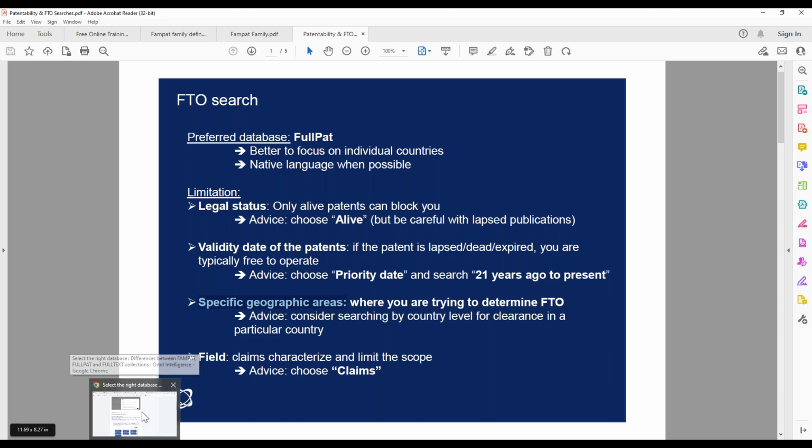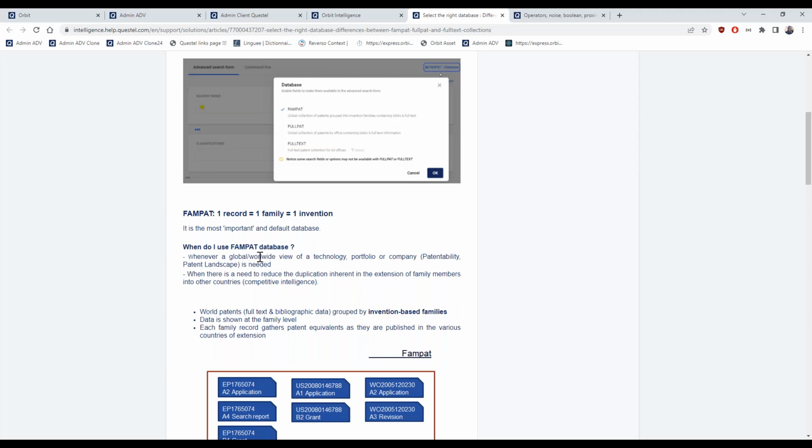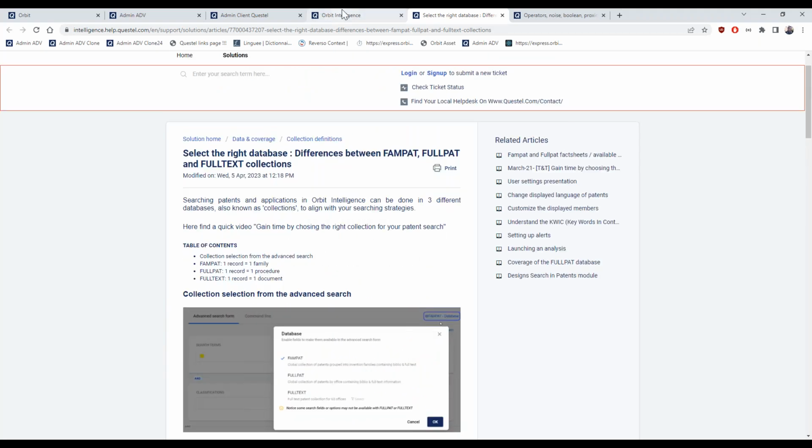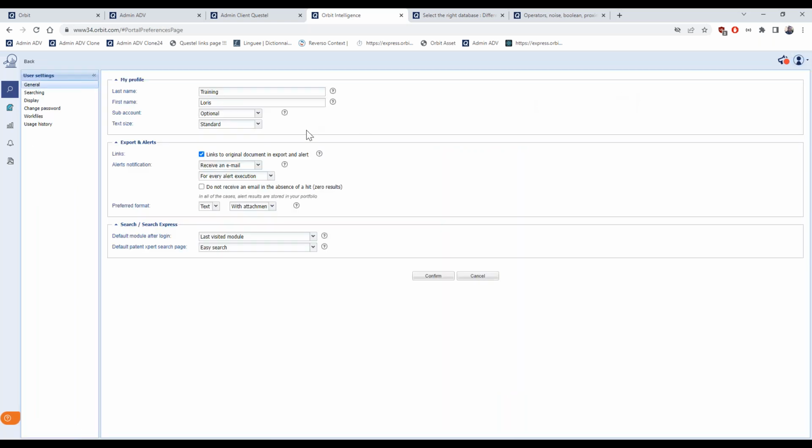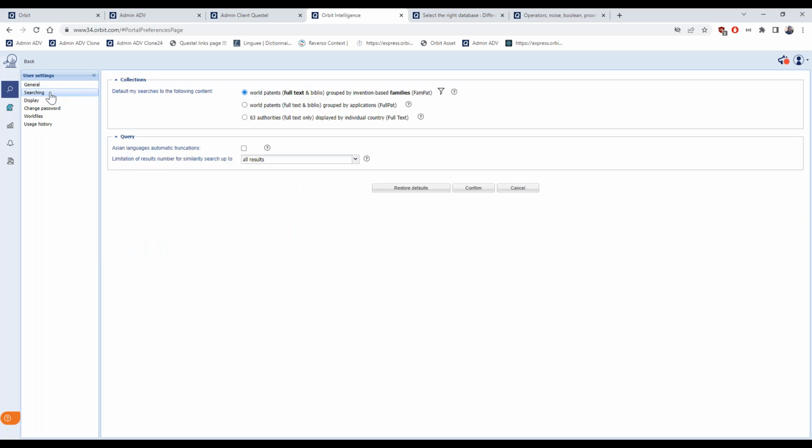But how to switch from a database to another? You will find this option in your user menu. So this icon on the top right has a module called user settings. And in the searching section, you will probably find FAMPAT as your default database.